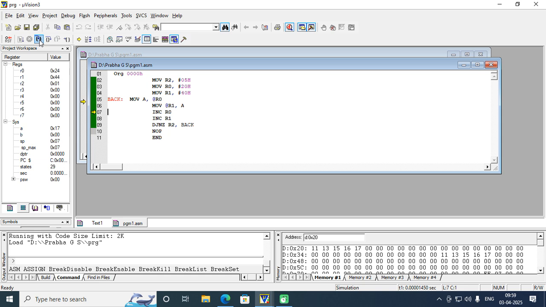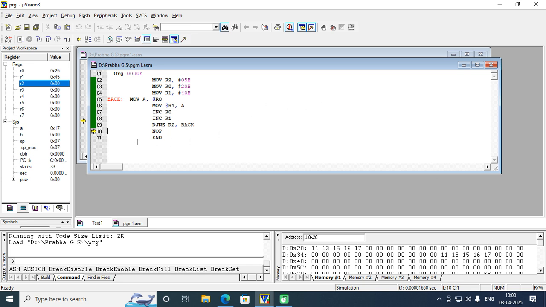Now what is the content of R2? R2 is 1. After completion of this, it will become 0. You can observe it has become 0, so it will come out of the loop and end the program. So you can observe 11, 13, 15, 16, 17 present starting at address 20H have moved to 40, 41, 42, 43, 44.